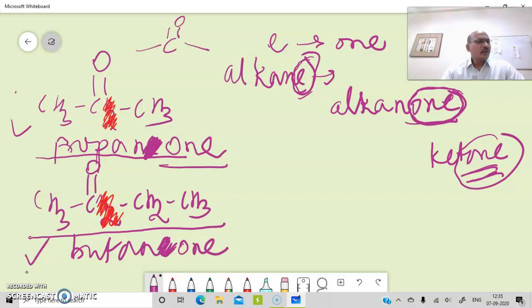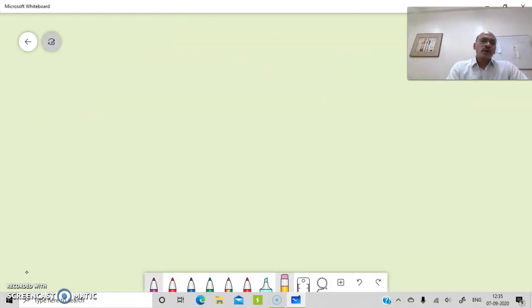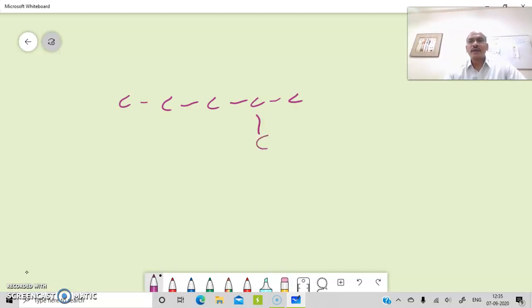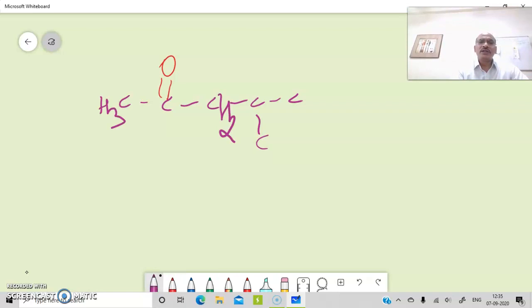Okay, we will go for something a little bit different, substituted ketones. I am writing here another example. Here I am writing a carbon, carbon, carbon, carbon chain. Here again I am making it a little bit branched somewhere, but at the middle carbon. On the middle carbon you have to put the functional group, that is C double bond O. Then for the remaining valencies you have to write hydrogen atoms. So it will be CH3, it will be CH2, it will be CH3, it will be CH3.